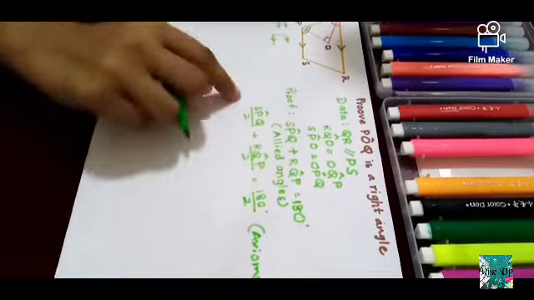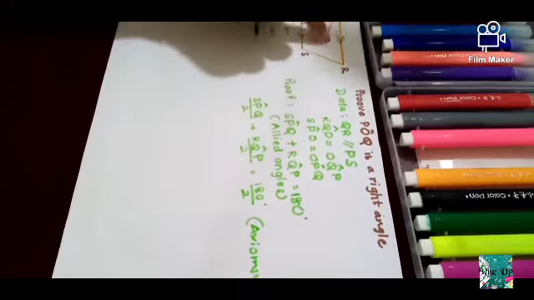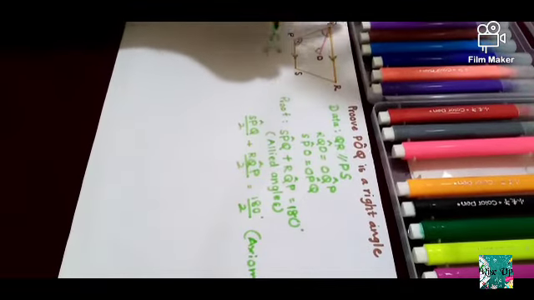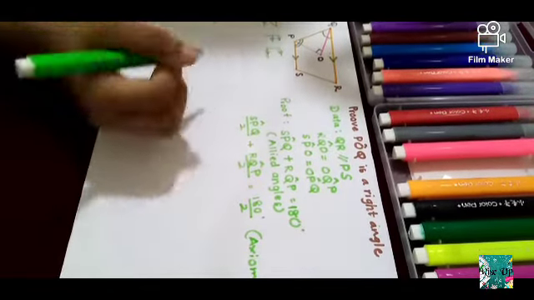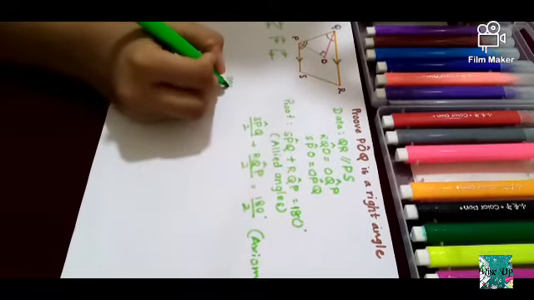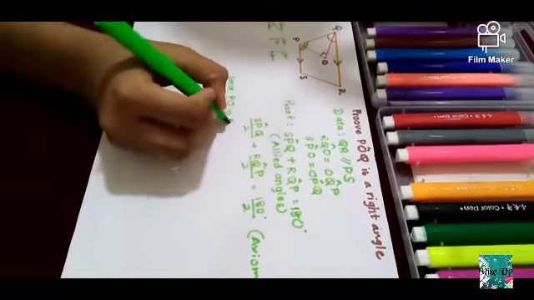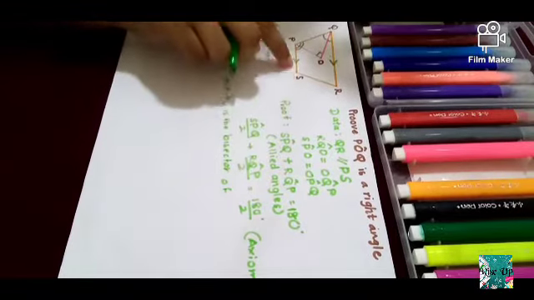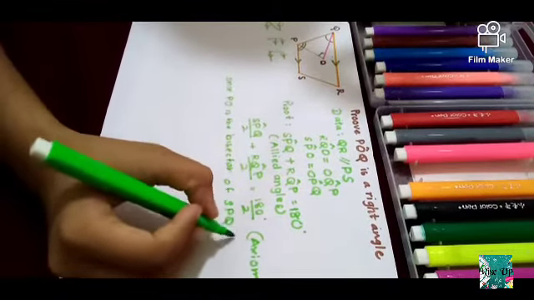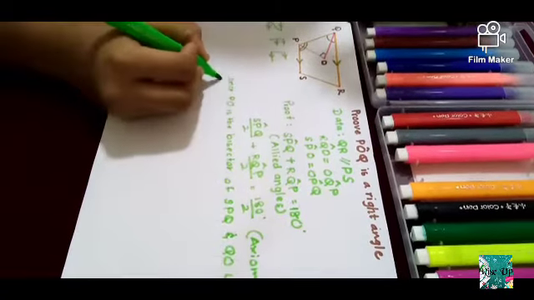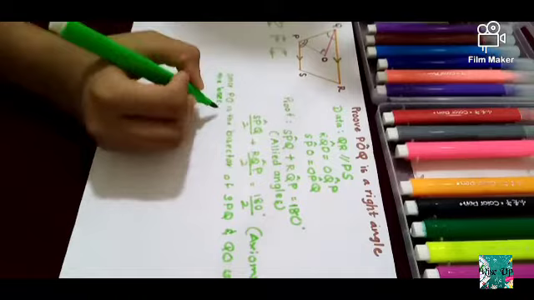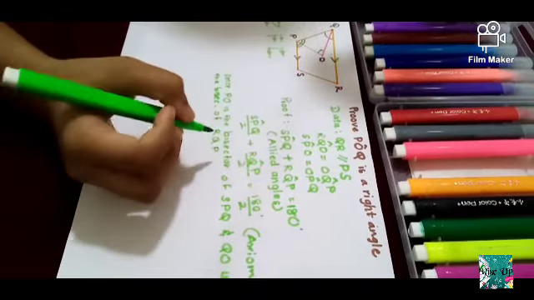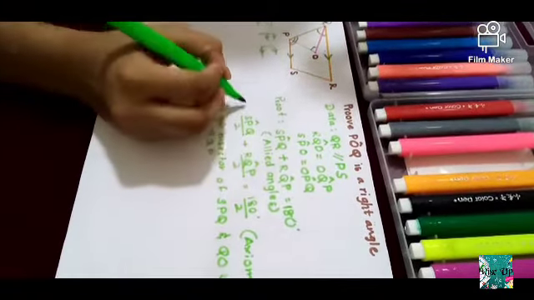We can prove this another way also, because we know that PO is the bisector of SPQ and QO is the bisector of RQP. So in words you can write: since PO is the bisector of SPQ, and similarly QO is the bisector of RQP. So what can you say from that? Let's number this as 1.